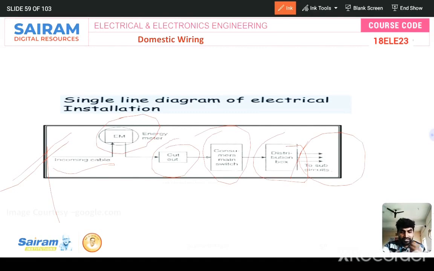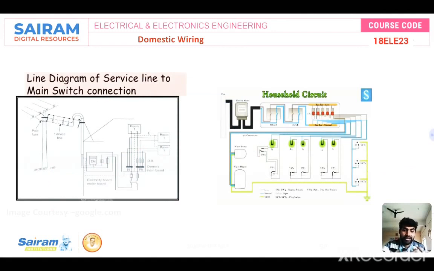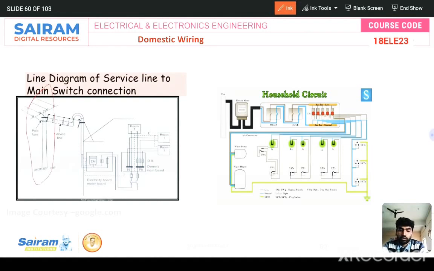You have to remember this, and write it in your own words. And we have a single line diagram; some examples I have given. So how do they turn a single line diagram into a wiring diagram? See here, there is a pole present, with transmission lines, RYB and neutral, or RYB in some cases. So there is a service main present. After that, there is the energy meter here, and phase to neutral from here to here.